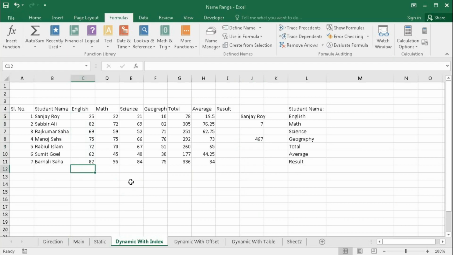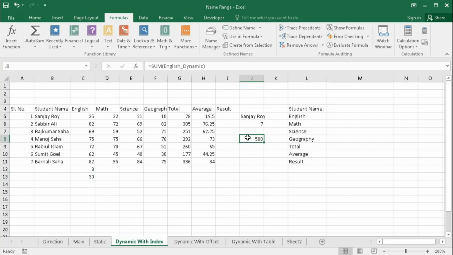If we add more 3 here, then it will become 470. See here. Now if I add more 30, it will be 500. So the numbers are automatically added within the range, and we can do the sum. So in this way you can create the dynamic name range with the help of the INDEX function.